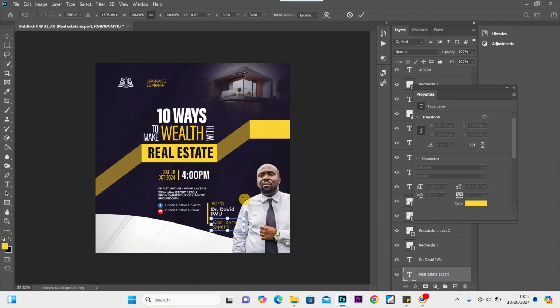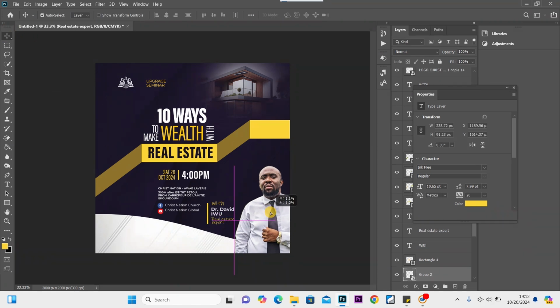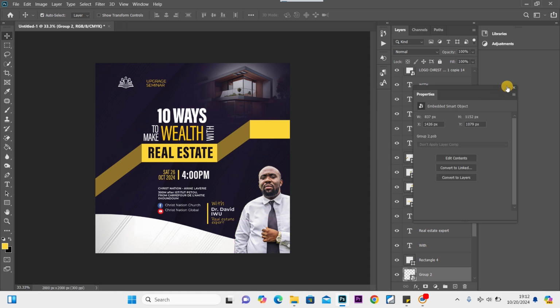Ctrl C, reduce the size, something like this, and I'll bring it up to this position, and once that is positioned there,